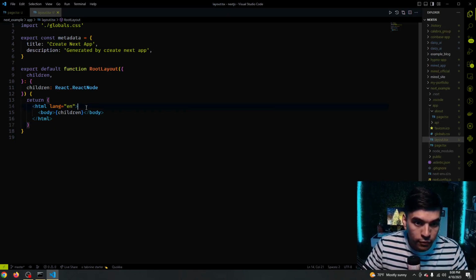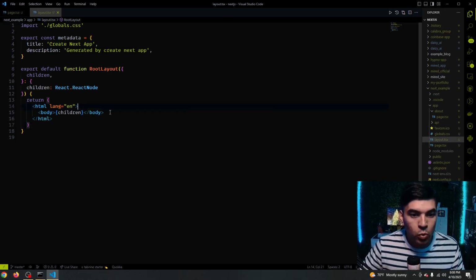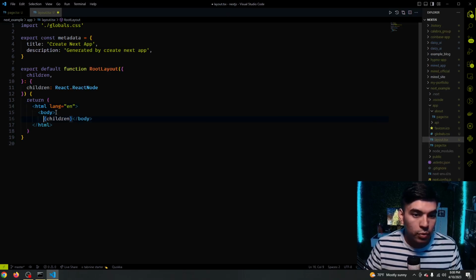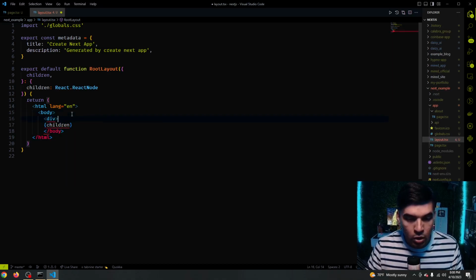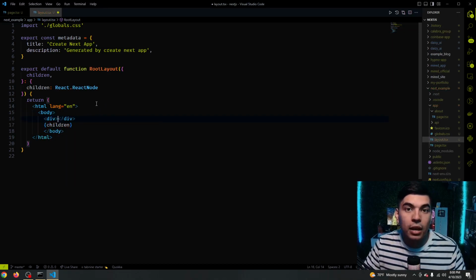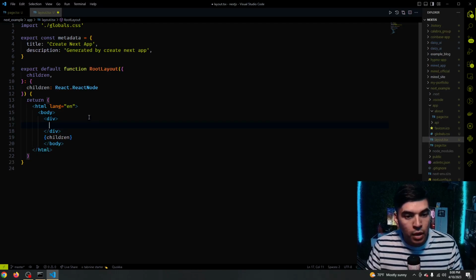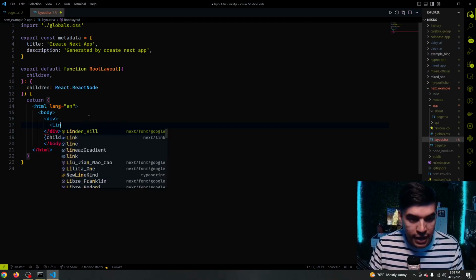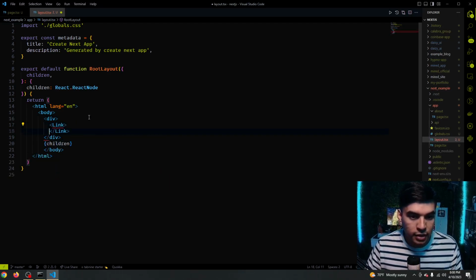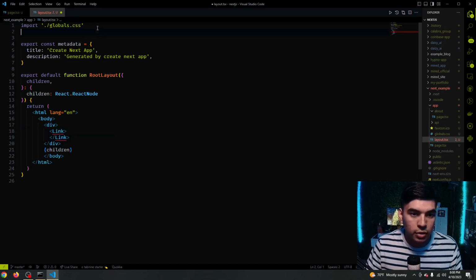So if we say, for example, we want to give this a nav bar, right? Nav bars or navigations are how you're able to navigate to different pages in your website essentially. And let's say for example, we want to give this a link. So let's import our link, right? So let's say import